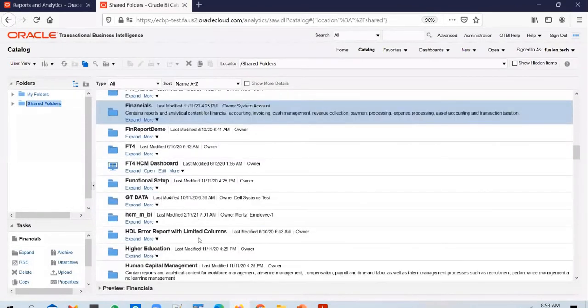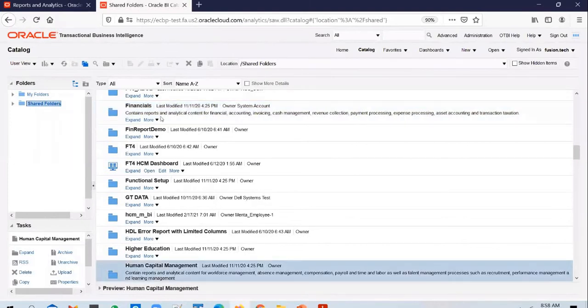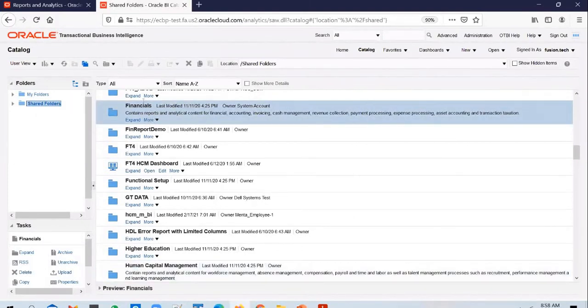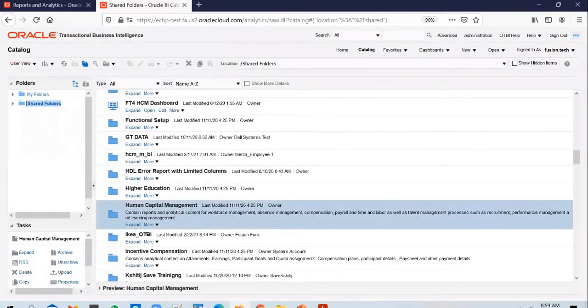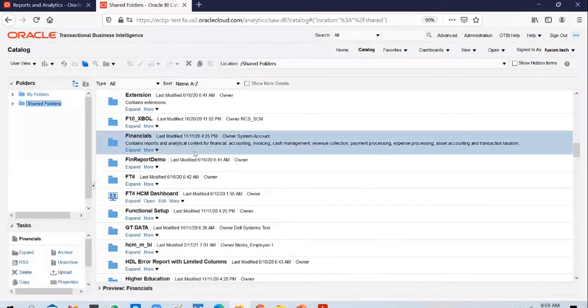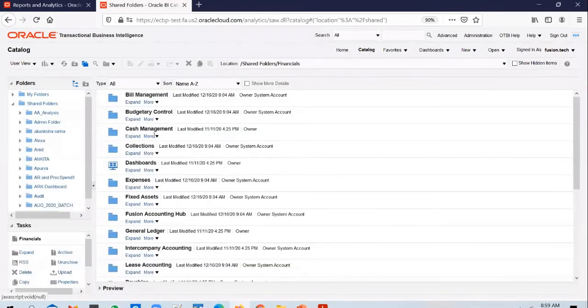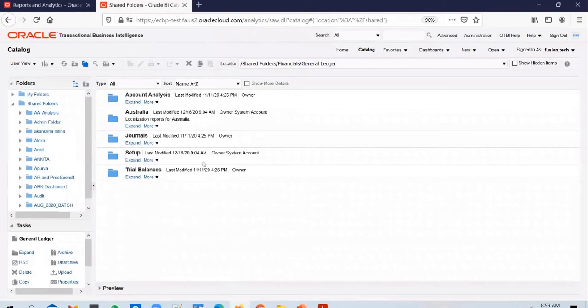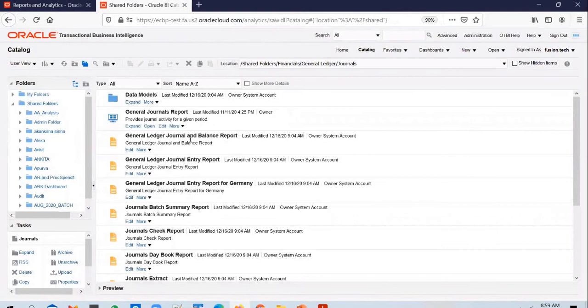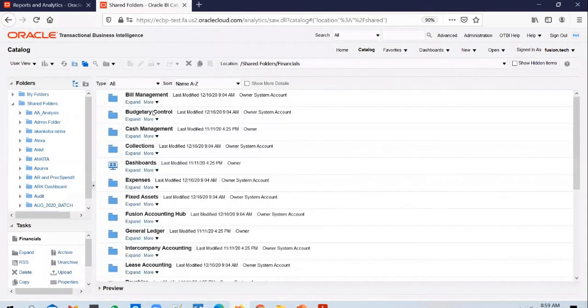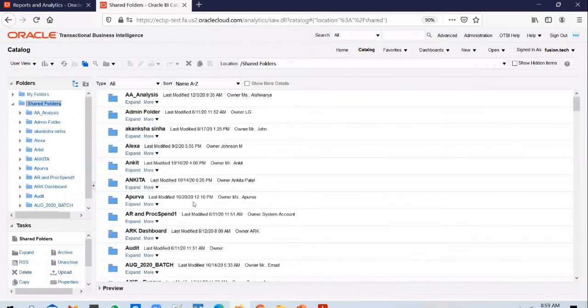So you have one for financials, you have one for HCM, right? So this folder contains reports that Oracle has given for the financials module, and this folder will contain reports given for the HCM module. And if you go to financials, if you expand it, you will see modules again within that. You will see GL, fixed assets, etc. And if you go within a specific module, you will be able to see subfolders. And if you go into, say, journals, you will be able to see the seeded reports given by Oracle for journals. And the same way, if you go into HCM,